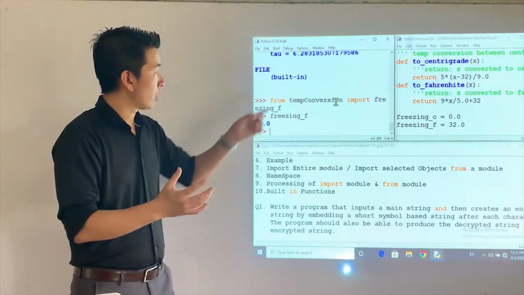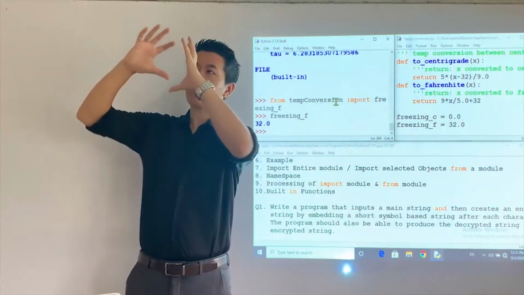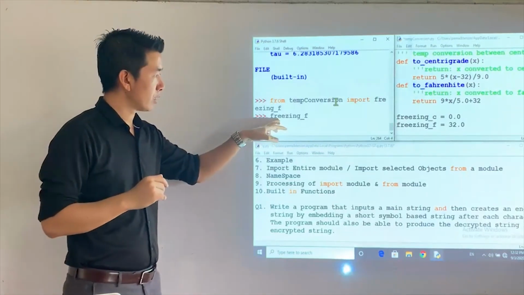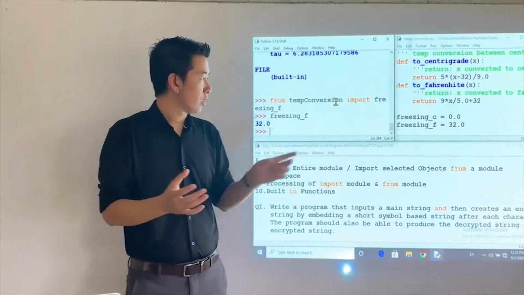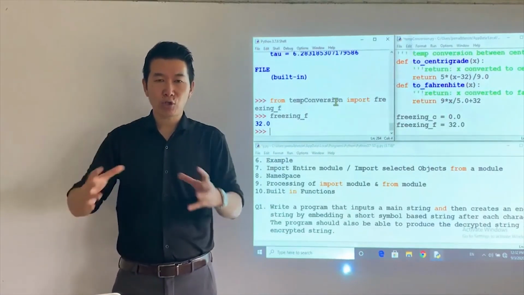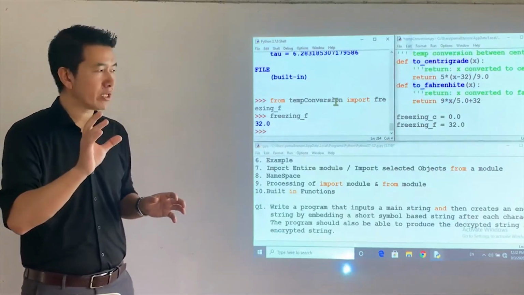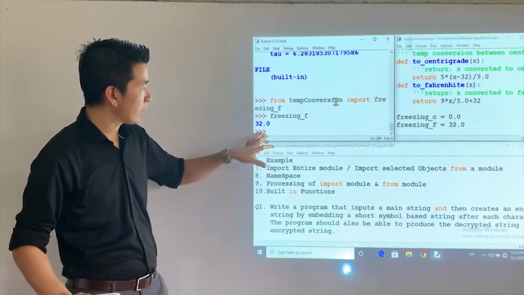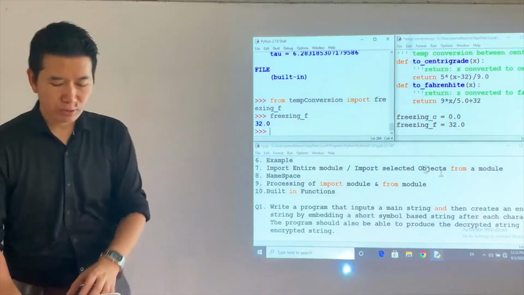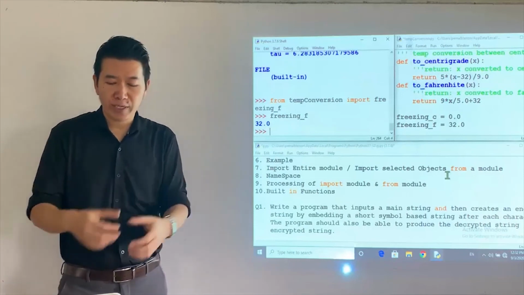Just a while back I imported the math module, so I'll have a separate namespace for the math module. But for this, there is no namespace as such. The freezing_f constant value is imported into the default or common namespace. So this is something which you need to understand with regard to the namespace. And then coming back, now let's say I have my own freezing_f variable. I come up with